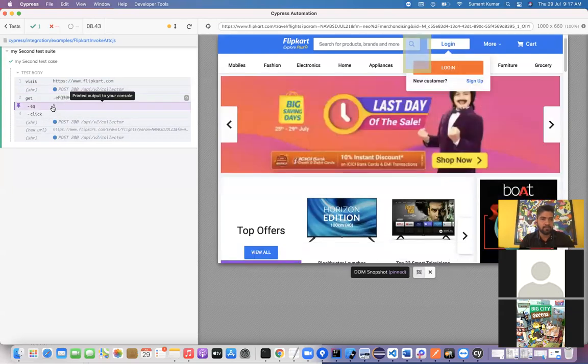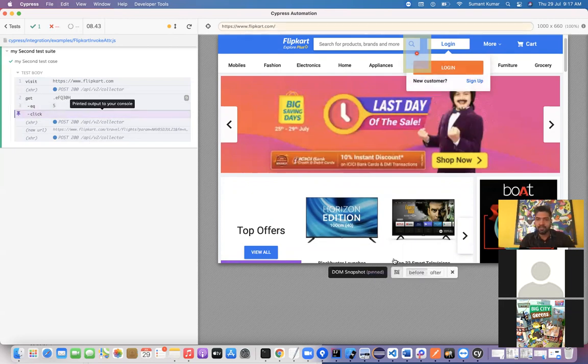So you can see the 5th element, and here you can see one option called before and after, I guess. Yes, so I used the click concept, correct? Here, this is the method which I've used. And after tapping this click, you can see 2 options, before and after. So what was the before and what was the after? Let's say I'm clicking before. You can see it's trying to click some element here.